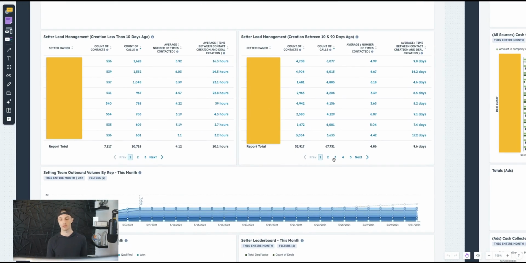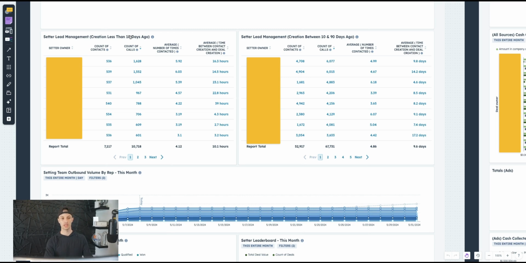So the way that we set everything up is P1, P2, P3 for our setting team, which is basically 0 to 5 days, 6 to 15, and 16 to 30, just as an example. And this tells us how many contacts they have in those time variables, how many calls they make on those contacts, while they're in that time variable, what the average number of times they are actually contacting those leads in those time variables, and the average time it takes,